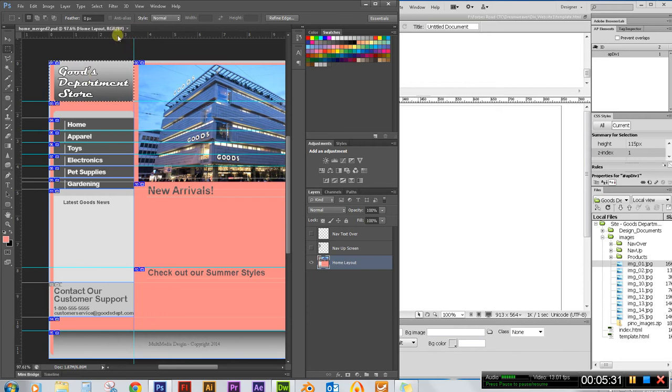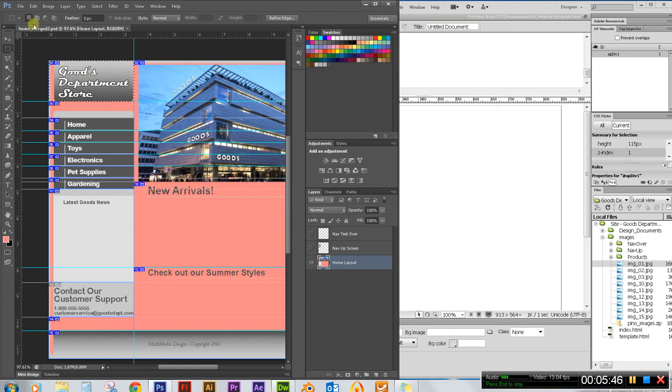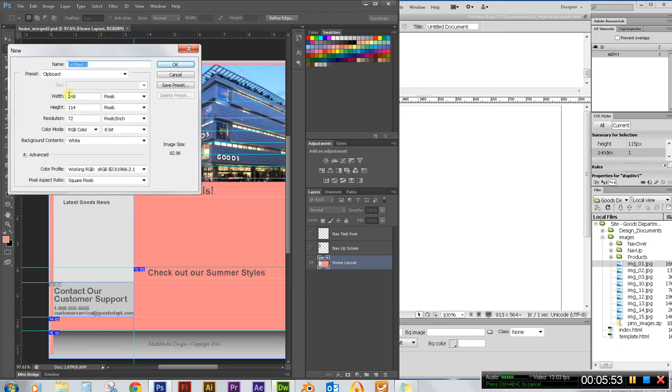So what I'm going to do is go up to Edit, Copy Merged, and remember Shift Control C is the command for that, so I will be using that from now on. But I'm going to click Copy Merged here and then go up to File, New. Now we're not going to make a new document, we're just doing this because it makes the new document whatever your copy merged selection was. So now this is what size the image is over here, image 01,